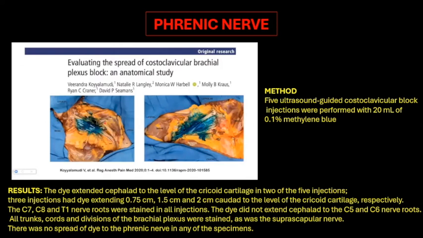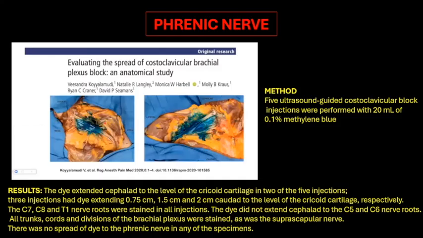All the trunks, cords, and divisions of the brachial plexus were stained, and so was the suprascapular nerve. But the most important thing is there is no spread of the dye to the phrenic nerve in any of the specimens. So this block is much more comfortable in regard to